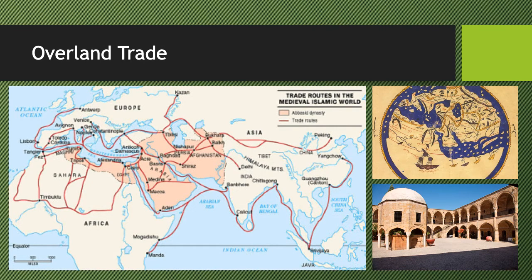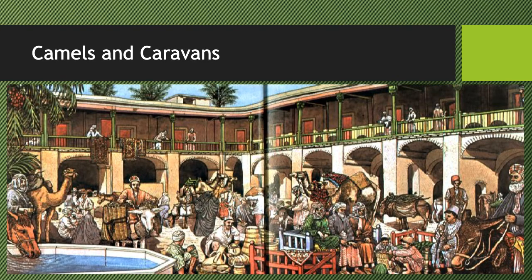So all this growth is going to allow Muslims to take advantage of the trade routes that had already been established. The overland trade routes and the sea trade routes are going to grow even more now. So during this period, we're going to see a thriving and a growth along the Silk Roads and around the Indian Ocean. Okay, so on the overland routes, the Silk Roads that were already in place, we're going to see more growth in caravan travel using camels, which are able to travel long distances. Their eyelids are well suited to travel through the desert.